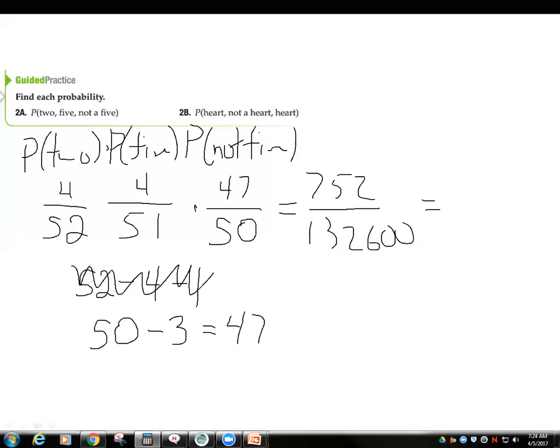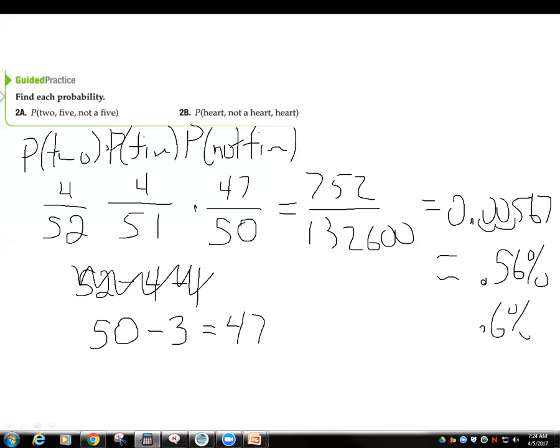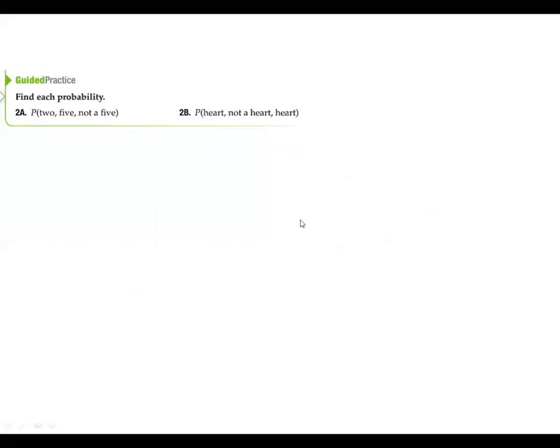Okay, so 752 divided by that would give you 0.00567. So it's about 0.56%, or about 0.6% if you round to the tenths place for your percent. Okay,